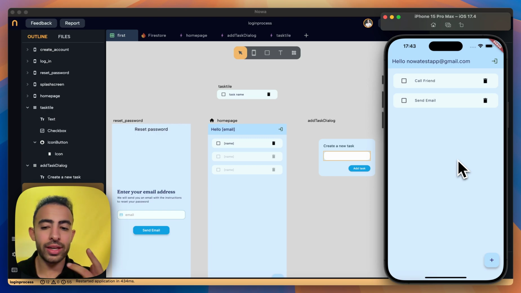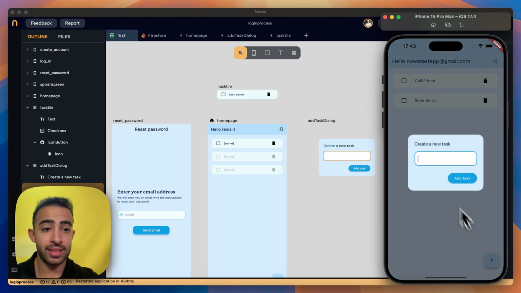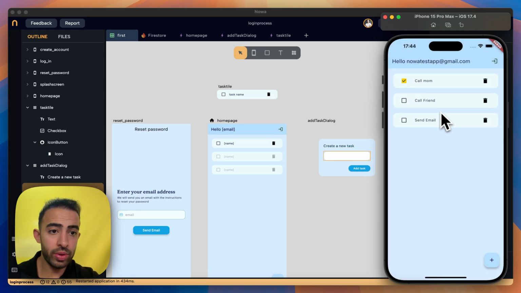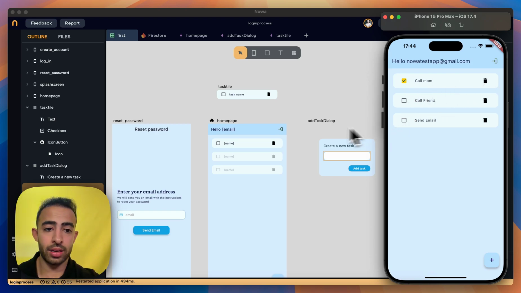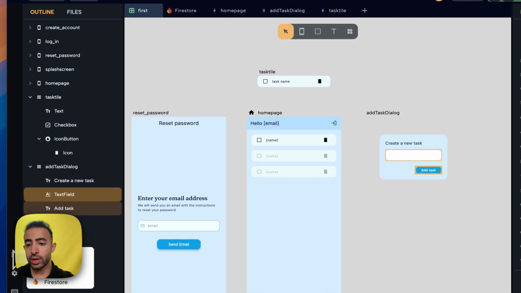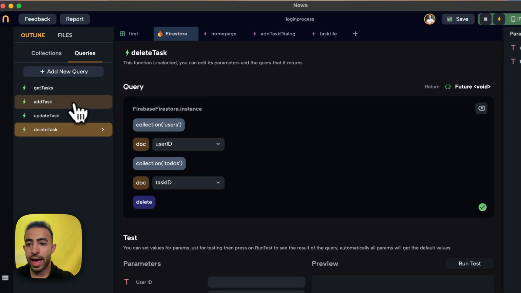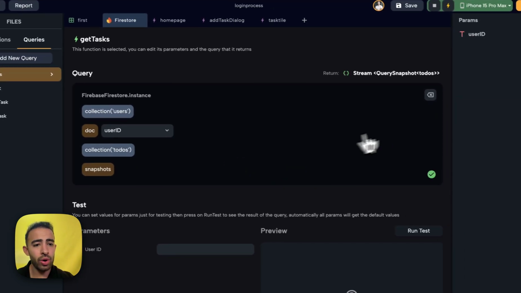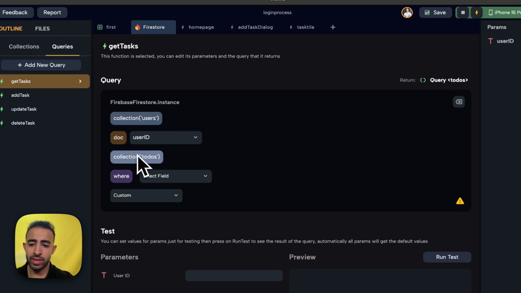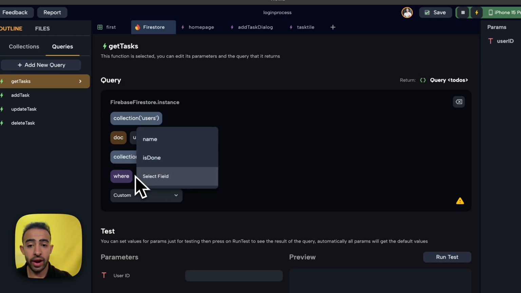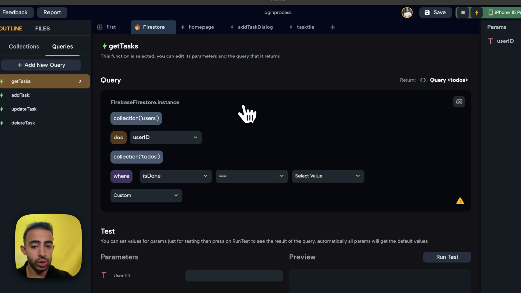But I can do one small thing to show you more on the power of the queries. Let's say I want to only see the tasks that are not done. So if I have a task that's done, like call mom, and I'm already done with it, I don't need to click done and delete it, I just want to see the tasks that are still not done. So what I'm going to do simply is go again to Firestore, I actually have it opened, and on get the task, I will add a small logic, which is: I want the collections, the tasks inside the user ID, where is done is equal to